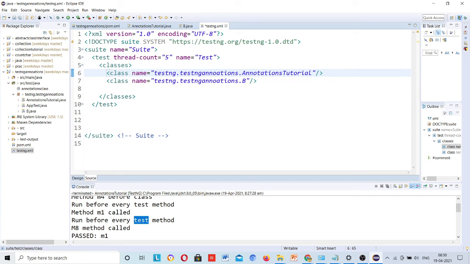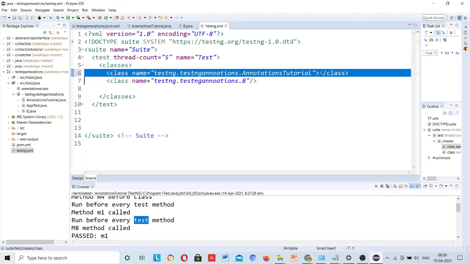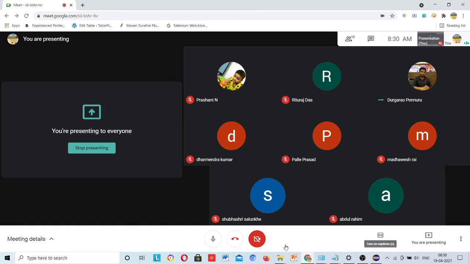This is a single line closure and that is a multi-line closure. And when we use that multi-line closure, when we want to include the methods inside these classes, suppose in this class we have multiple methods but I want to run only 5 methods, then we will use this multi-line closure, and this I will be covering in upcoming sessions. As of now, if anybody has any confusion, then ask me.